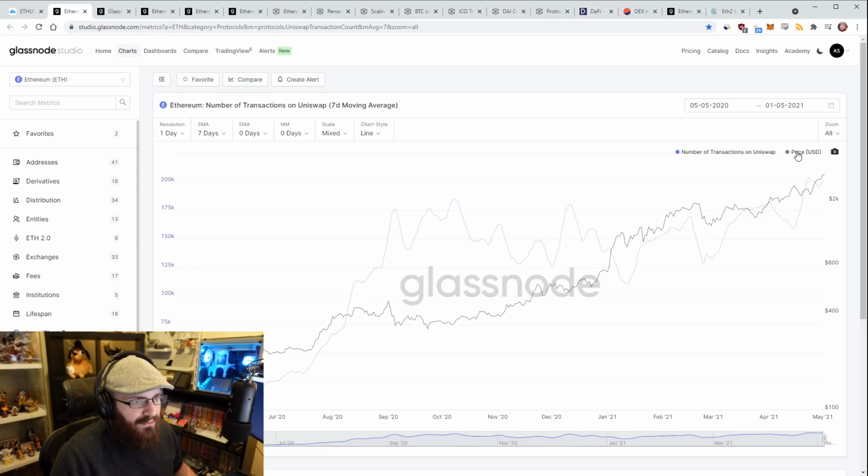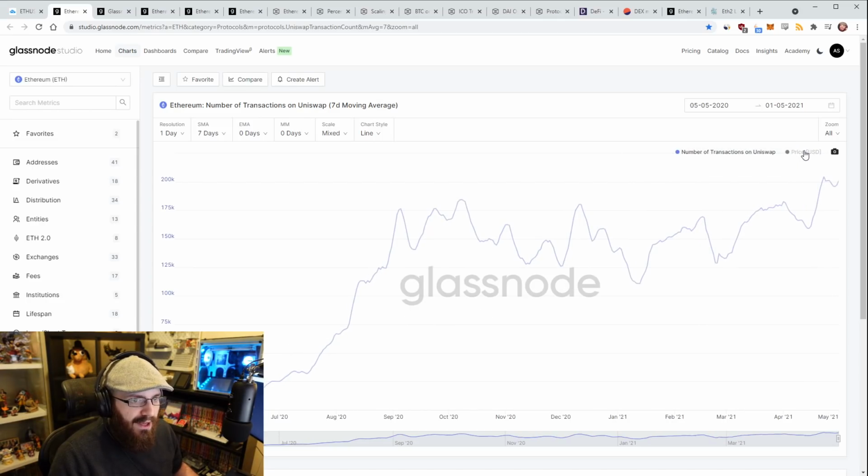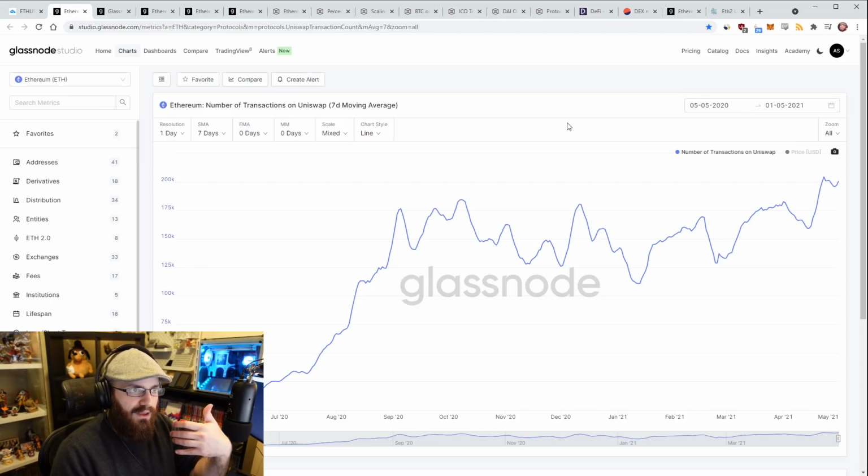Maybe not much you can get from it for the price of ETH, but maybe if you overlaid the UNI price chart here, you may get some correlation there. But I don't know, it's funny because Uniswap isn't just UNI trading or ETH trading. The tokens trading on Uniswap, there's thousands of them, right? So you wouldn't expect any of them to correlate with the number of transactions on Uniswap. But at the same time, the more transactions, the more fees, and theoretically the more valuable the UNI token is once the fee capture gets turned on sometime in the future, right?